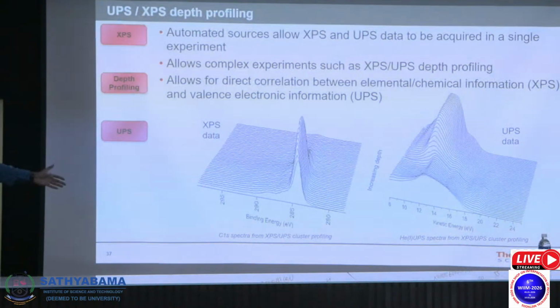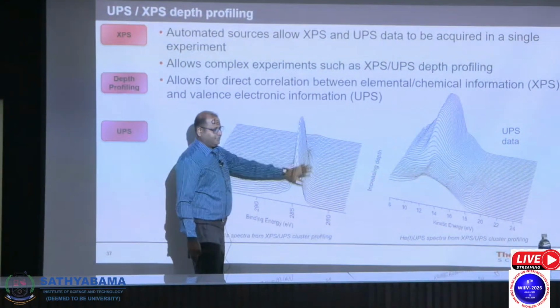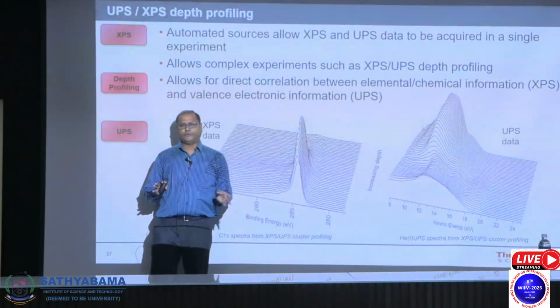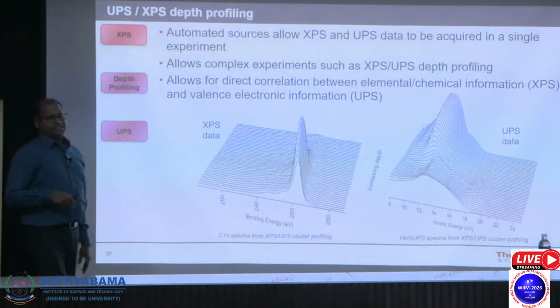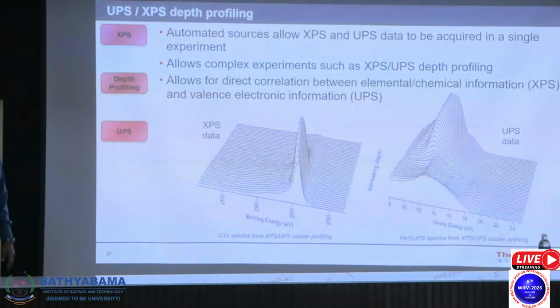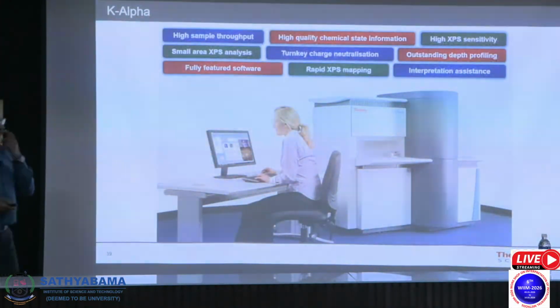You do recording, you switch over to the UPS, record the data, do a depth profiling, come back. This data, what we see on this slide, to do manually, it would take 8 to 10 hours. But with the automation available in a K alpha, it roughly takes about 50 minutes to 1 hour to record this data. So as we approach the end of this talk,